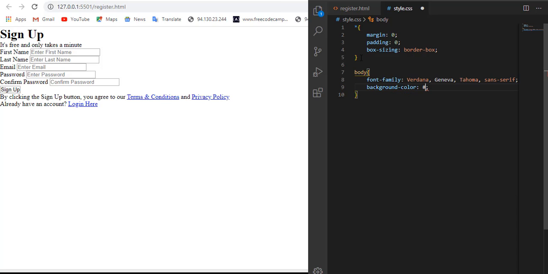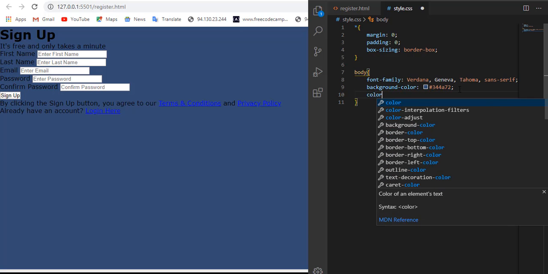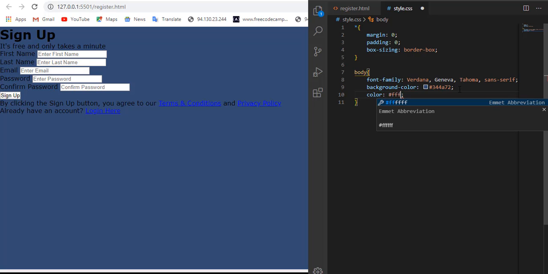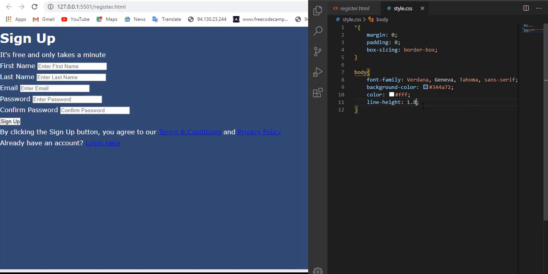So let us set it to hexadecimal of 344A72. If I save, it changes. Let's just set color to white, and let me set the line height 1.8. If I save, you see there is some spacing.